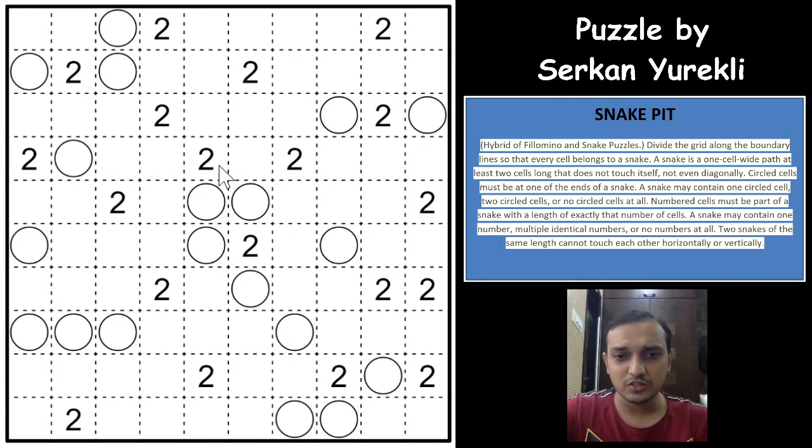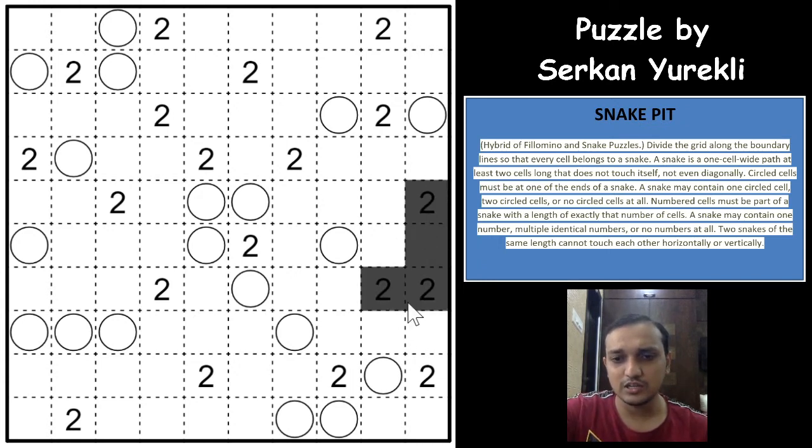And now coming on to the puzzle. So snake pit is nothing but kind of a Philomeno puzzle. So you will have to draw some regions in such a way that the number of cells in each region is given by the number indicated in the region. So if you have a 3-cell region, you will have all the 3s in the region. If you have a 2-cell region, you will have all the 2s in the region, right? And as in usual Philomeno, you cannot have two regions of the same value touching each other orthogonally. So you cannot have two 2s and two 2s here touching each other orthogonally. That is what the Philomeno rule says.